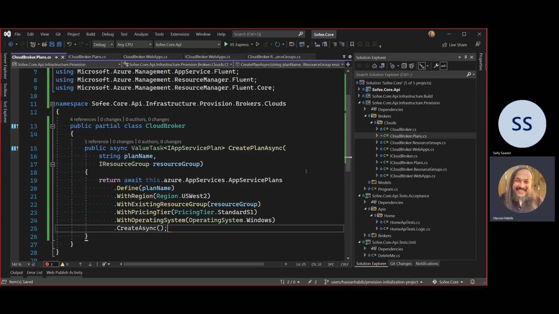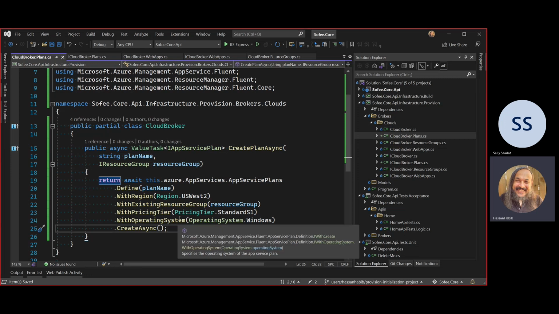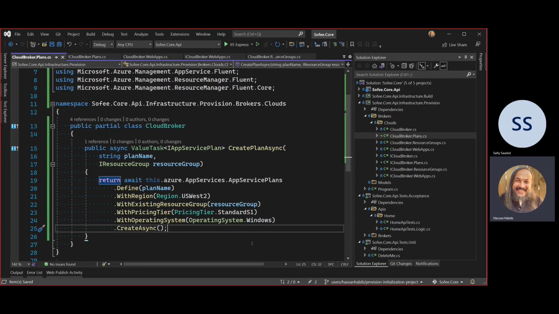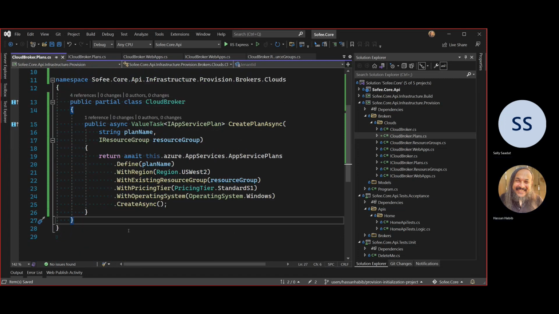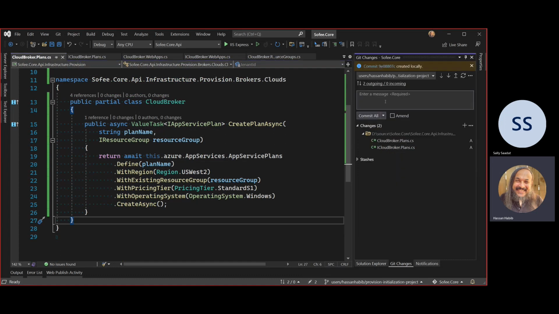So you're creating your app service. So this is your plan. See how you defined what price, what resource group, what region, what operating system is going to be running, and all that kind of good stuff. Like I said, a lot of this stuff is fluent, and they say it's a fluent API because it's really simple and easy to work with because you can just guess what the next step is, especially if you're familiar with the cloud components. Okay, so that's the plan, right? That's the plan broker. Let's go here and say brokers,